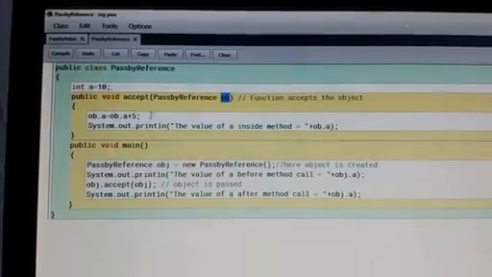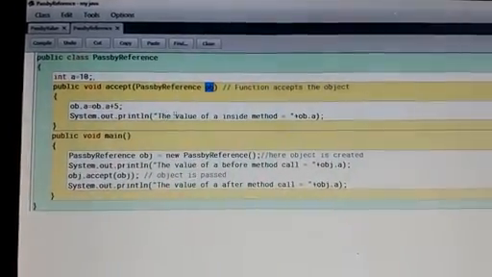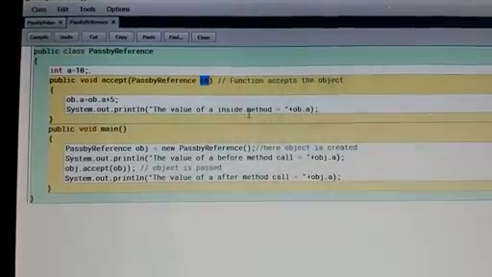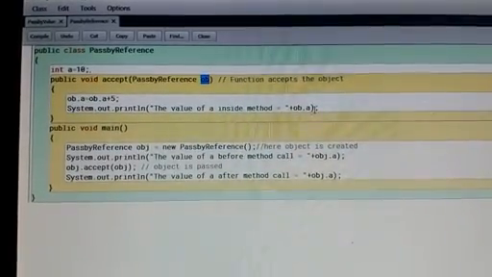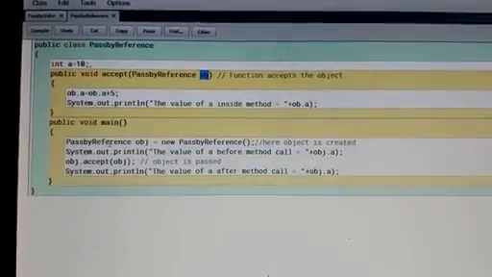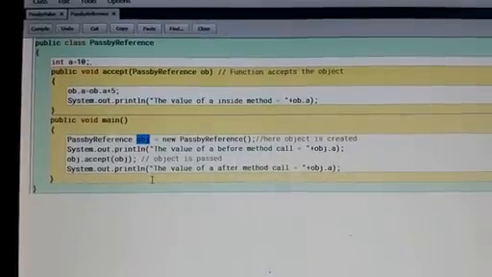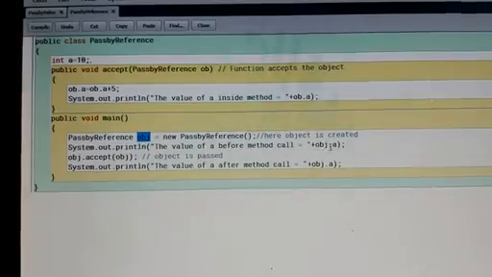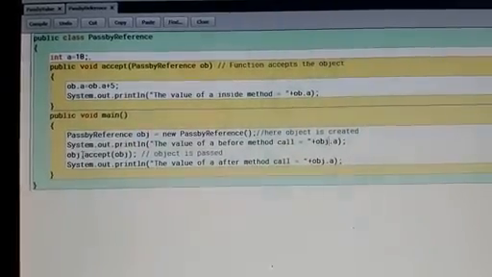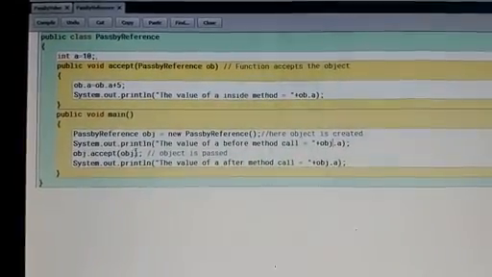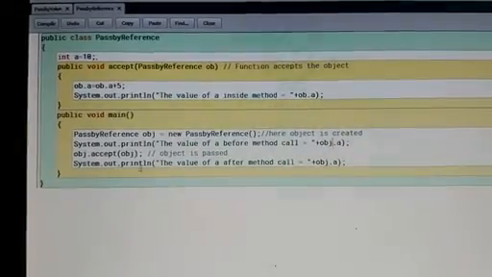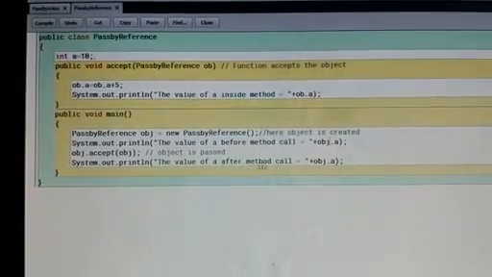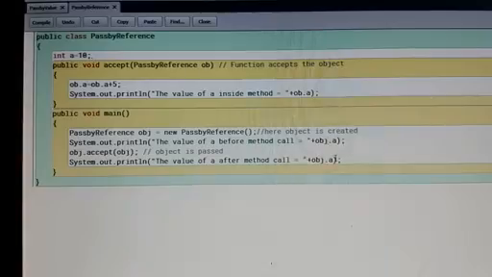And then System.out.println value of a inside method equal to ob.a. Then inside the main function, object obj is created, and the same, value of a before method call equal to obj.a. Now obj.accept(obj). Then System.out.println value of a after method call, obj.a.